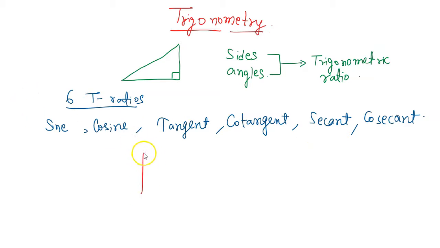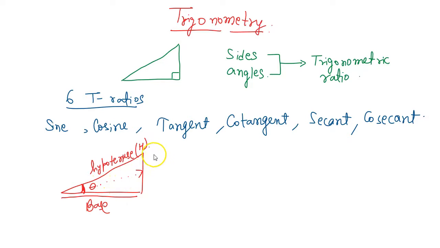So let's say we have a right angle triangle. Let us take this angle as theta, right? Theta is just a representation for the angle. So first thing to be understood is that with respect to any angle, let us say this angle I take, the side where this angle makes, other than the hypotenuse, right? This is very clear. This is the hypotenuse represented by H. So this side we call the base, and opposite to the angle we will call that the perpendicular. So let us denote perpendicular by P and base by B.